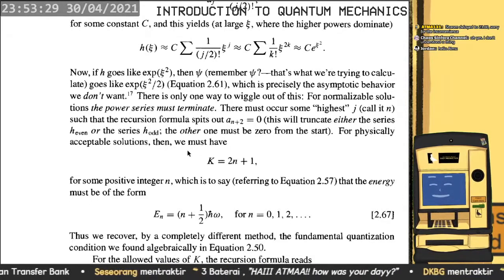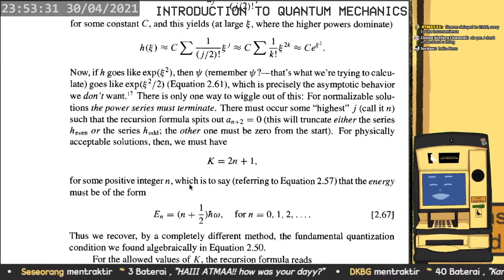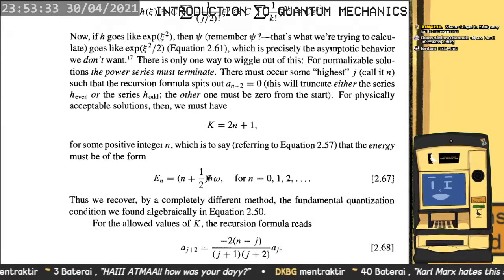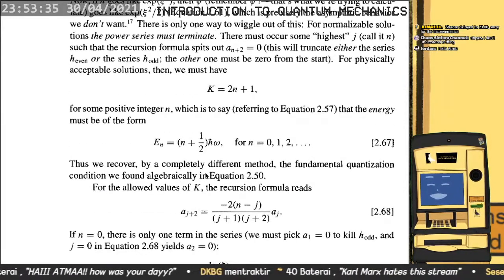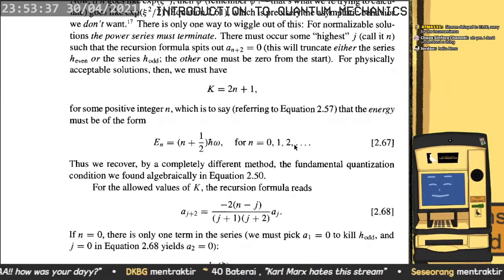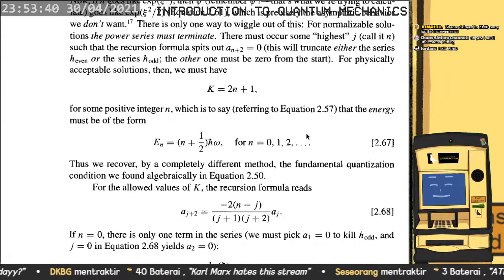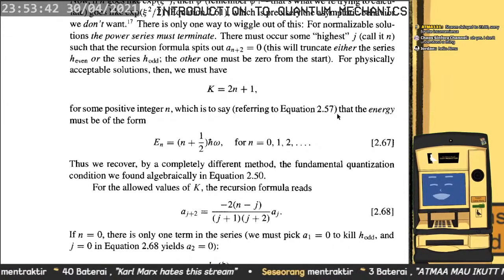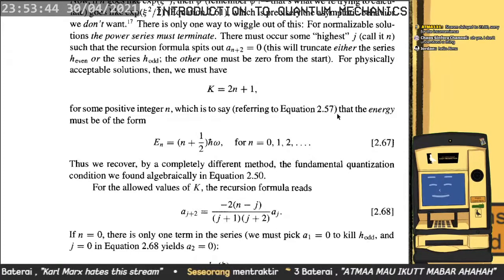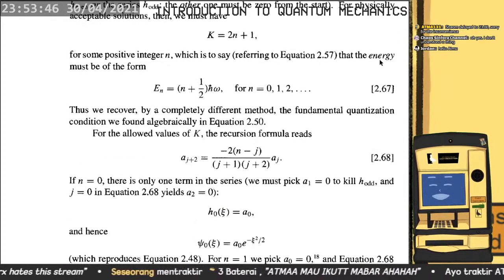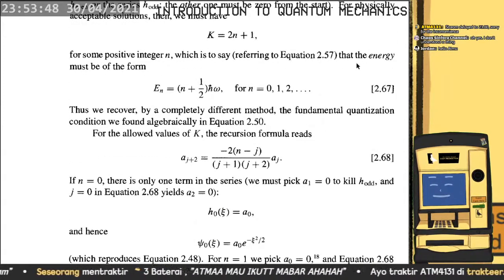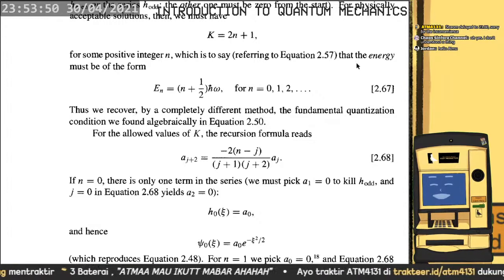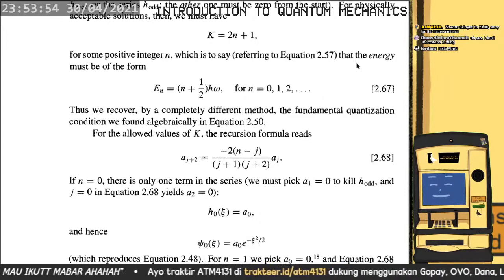For physically acceptable solutions, then we must have k equals to n plus 1, for some positive integer n, which is to say, referring to equation 2.57, that the energy must be of the form of this equation. Thus, we recover by a completely different method the fundamental quantization condition we found algebraically in